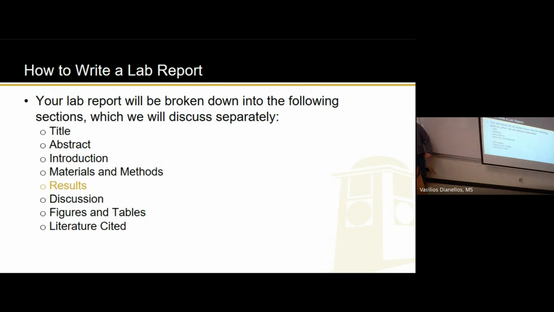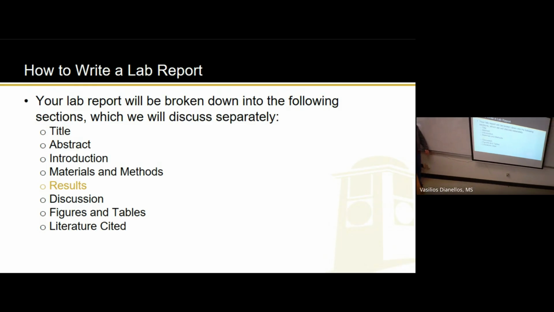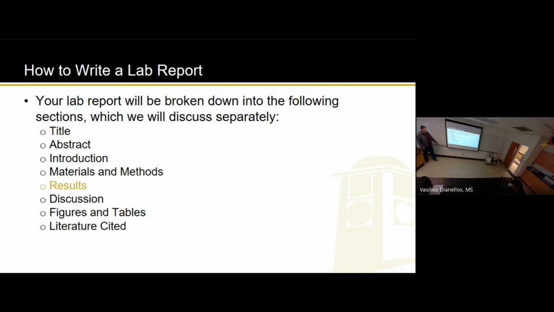All right, next are the results. This is where people get a little bit confused. And again, I've been leading you up to this. The labs you've done so far may have seemed repetitive, and it's because of this. In those experiments, you usually have a table where you have nothing but the data. Then you write some sentences that basically just repeat what's in the table, which seems repetitive, and it is, but you're just putting it into words. And then you usually have a question where you take what you just wrote and use it to explain whether your hypothesis was correct or not. And that is what we're doing here.